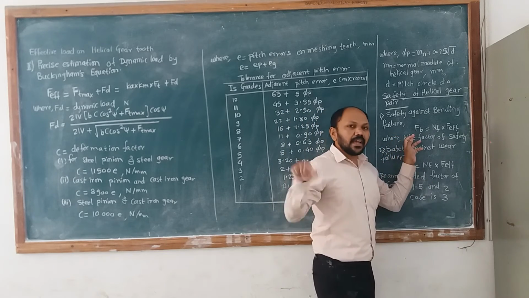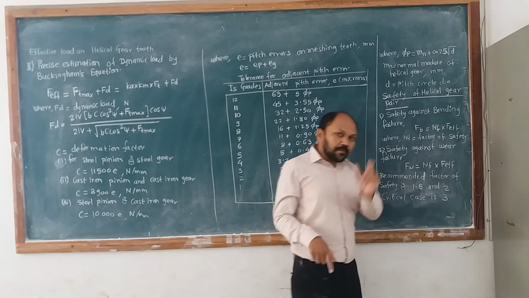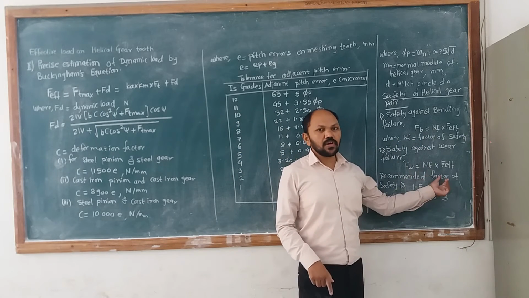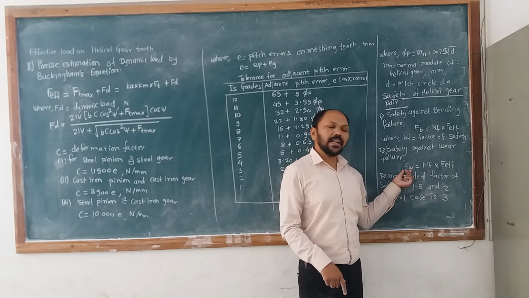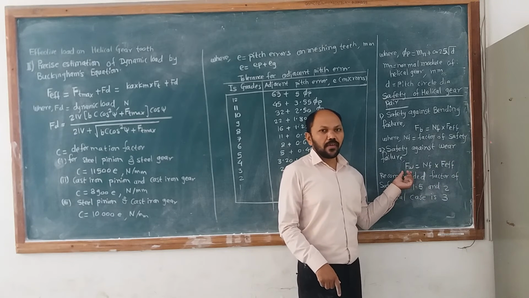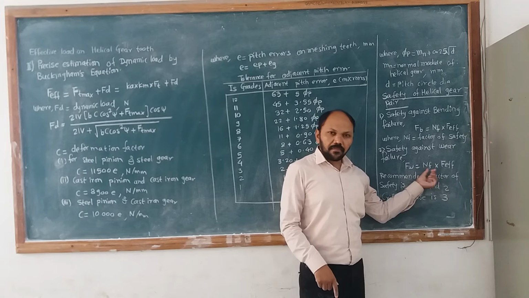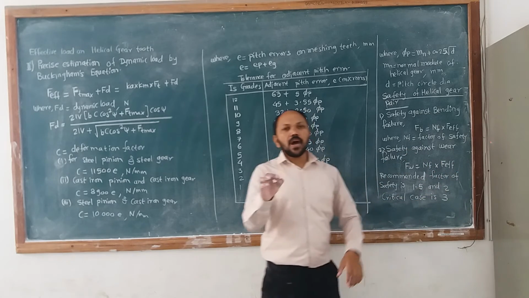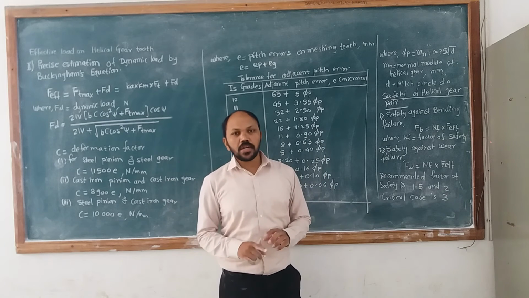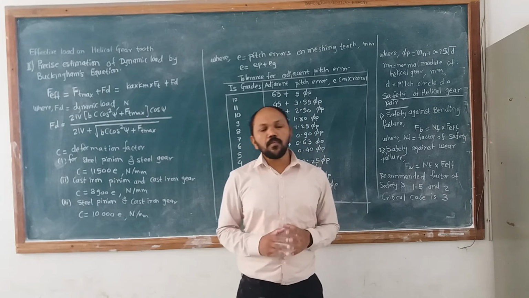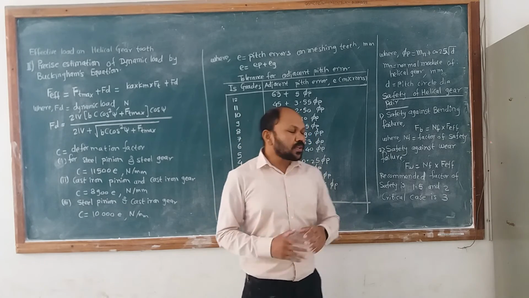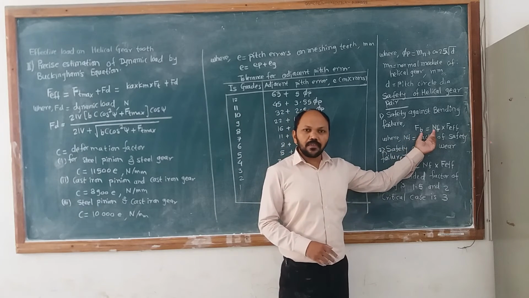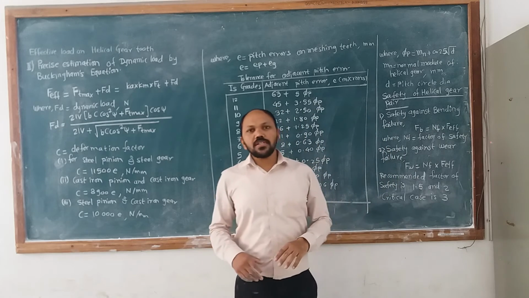If FB is less than FW, use this; but if FW is less than FB, then use this equation: FW is equal to factor of safety into F effective. In that case, you substitute the FW values here, you substitute the factor of safety, and you substitute the F effective value. Now, if we observe the whole equation, the only unknown is the normal module. So you find the normal module value by using this equation, and after that you calculate the dimensions.